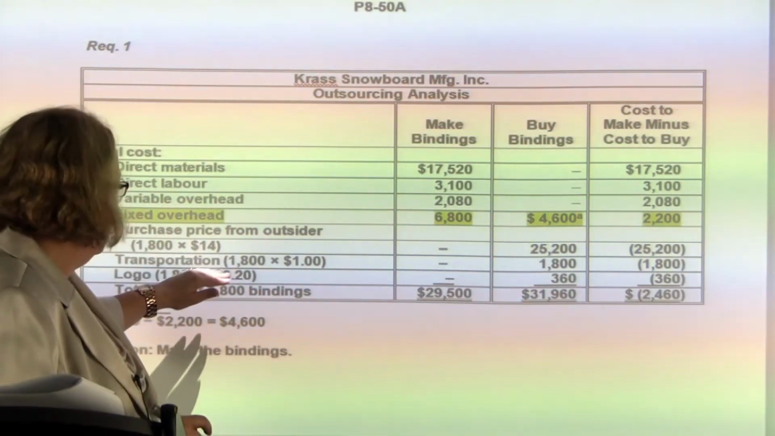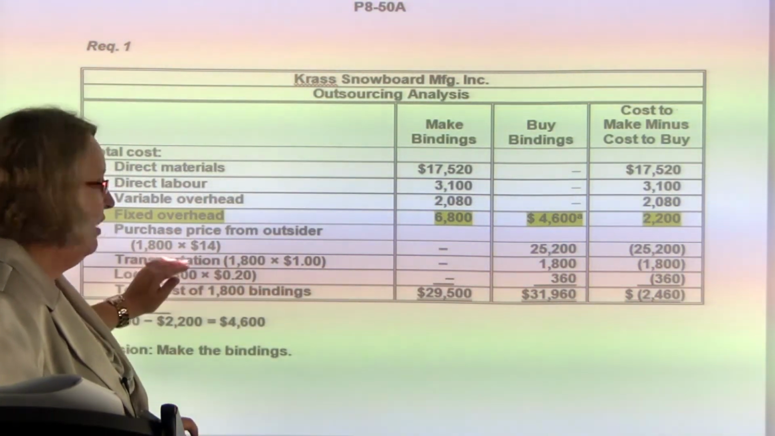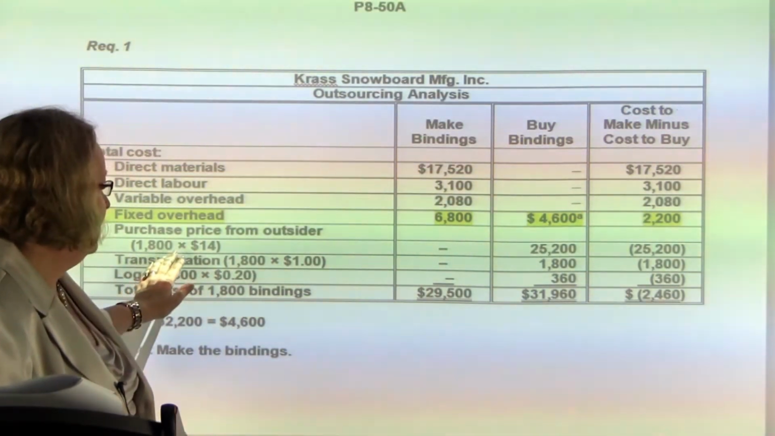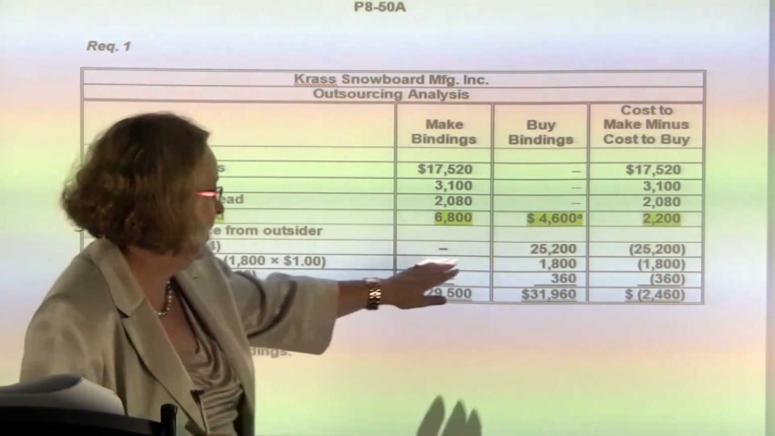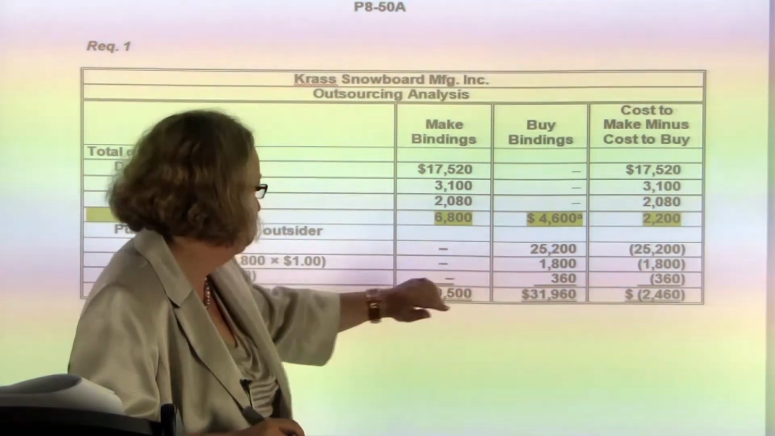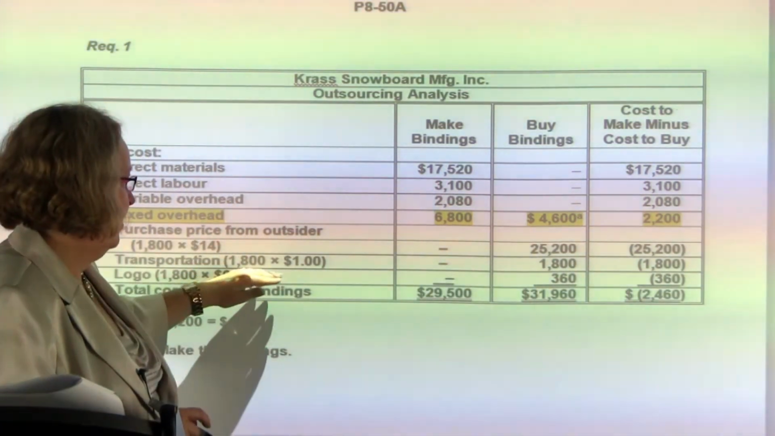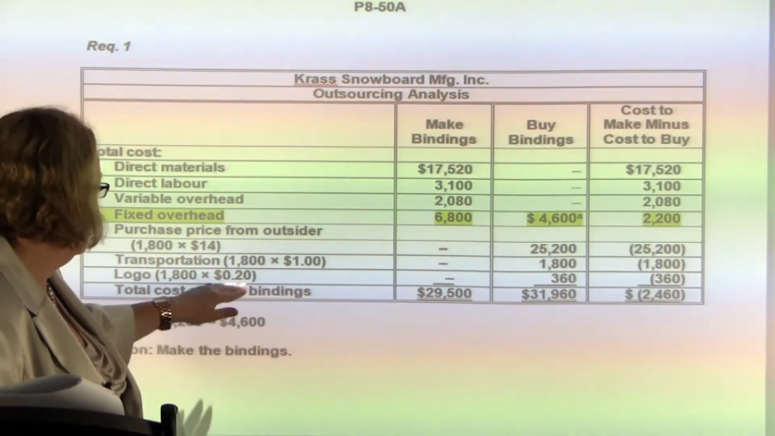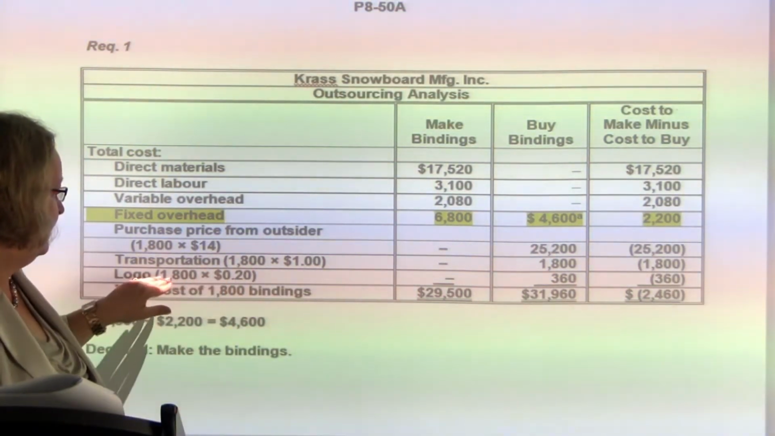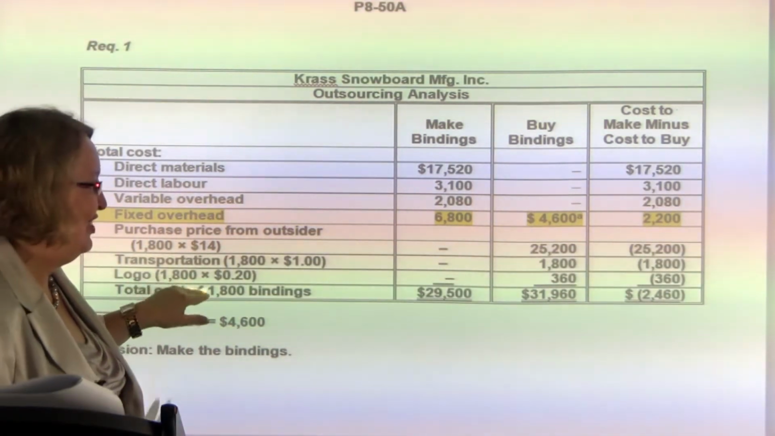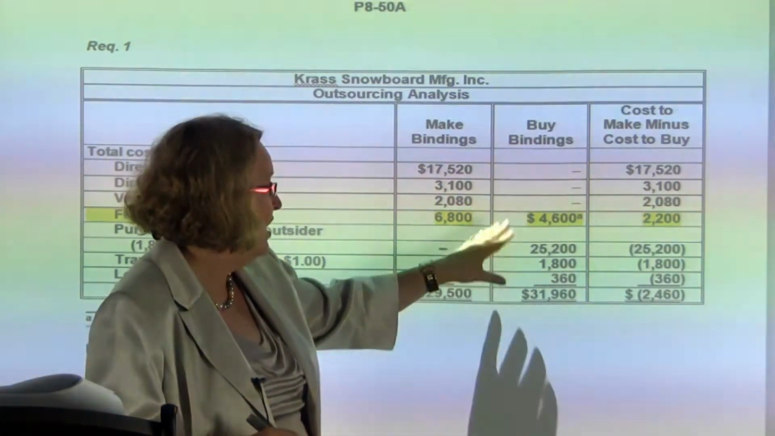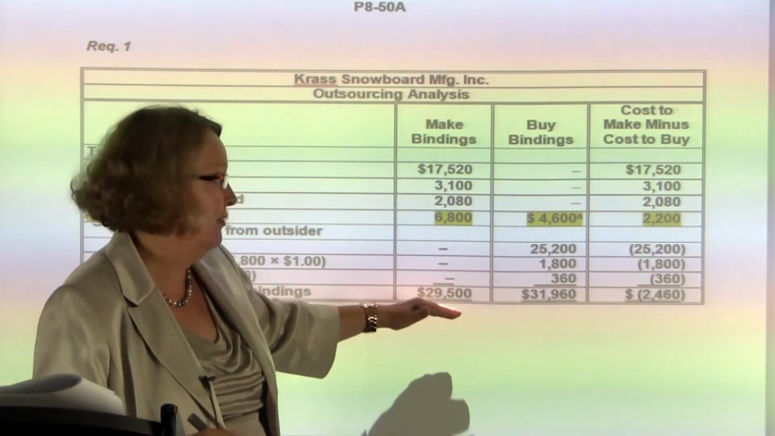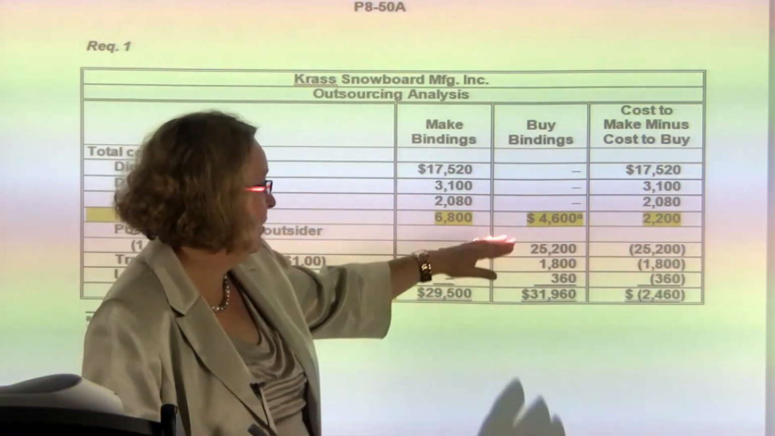So now if we are going to buy the product for $14, it's 1,800 units times your $14, which is where you're getting your $25,200. We have transportation costs of $1 for each of the 1,800 units, $1,800. And the logo is 20 cents times your 1,800 units, $360. You add up all of the costs to make it, it comes out to be $29,500